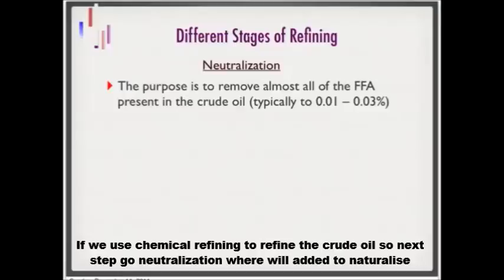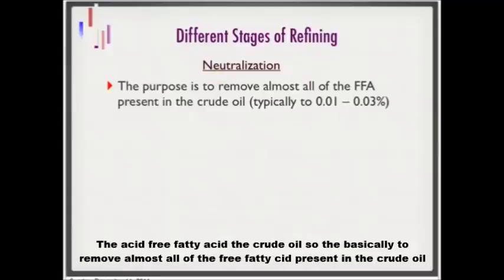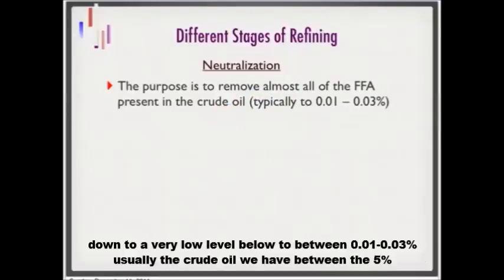If we use chemical refining to refine the crude oil, there's a step called neutralization, where we will add the alkali to neutralize the acid or the free fatty acid in the crude oil. So the purpose of this step is basically to remove almost all of the free fatty acid present in the crude oil down to a very